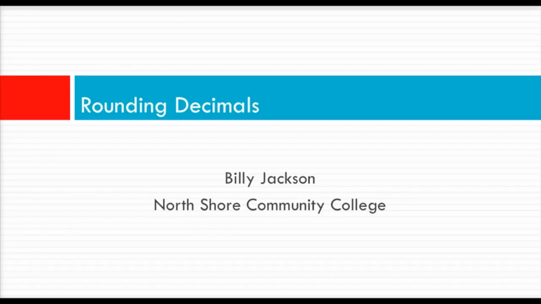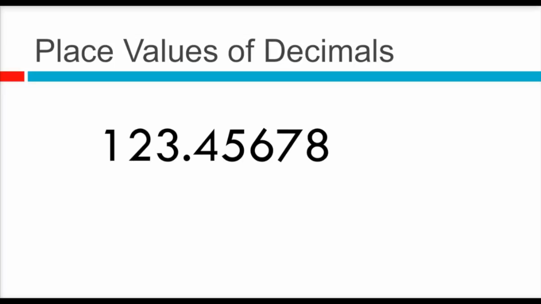This video is going to be about rounding decimals. Before we get into rounding decimals, it's important that you know the names of all the place values of the decimals. So here we have an example, the number 123.45678. So you'll see the decimal point there in the number, and the first place value to the right of